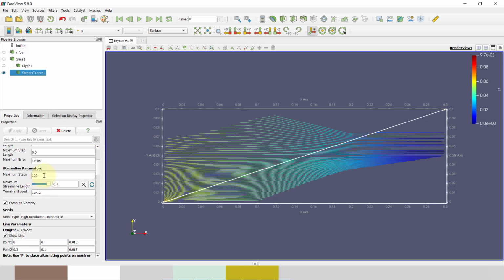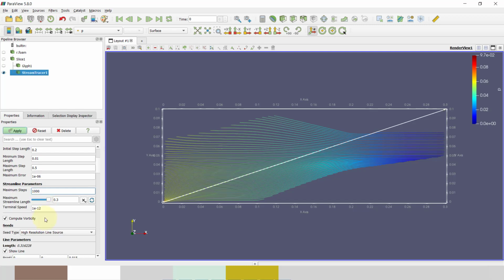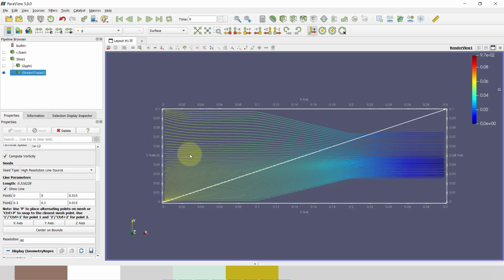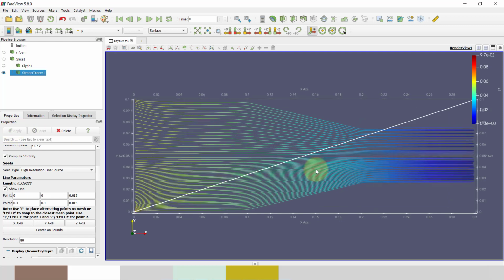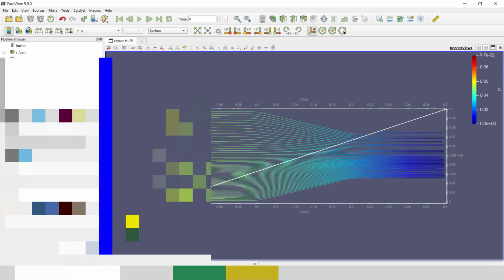So I will change this maximum step again to 1000. Okay, just applied. I got some result. So it is very good, the streamline is available. But it is very small in diameter. So how to change this streamline diameter?